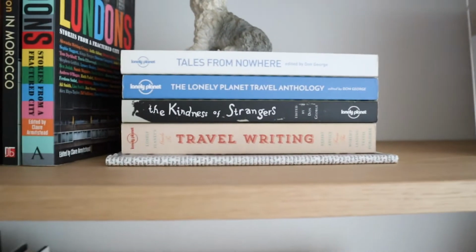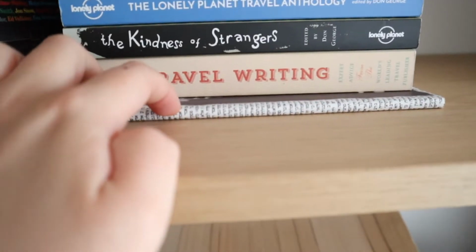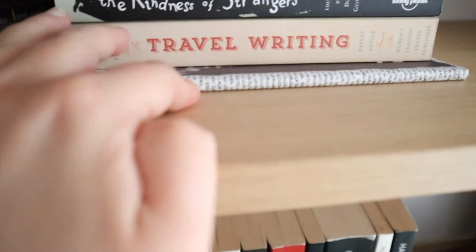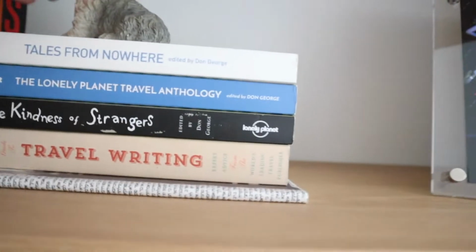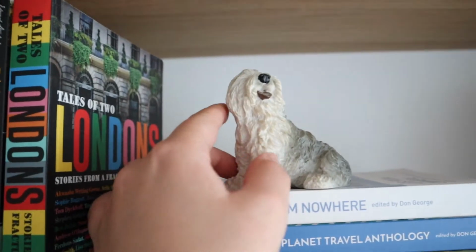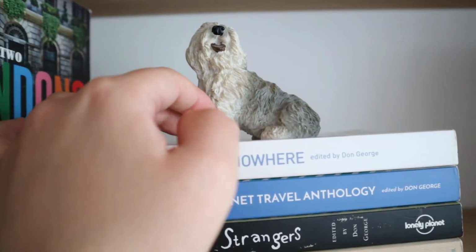And then we move here to sort of like collections. They are from Lonely Planet, and down here is a little book or pamphlet I got in Prague at a market about a golem. This little chap I mentioned before, it was given to me by a woman who used